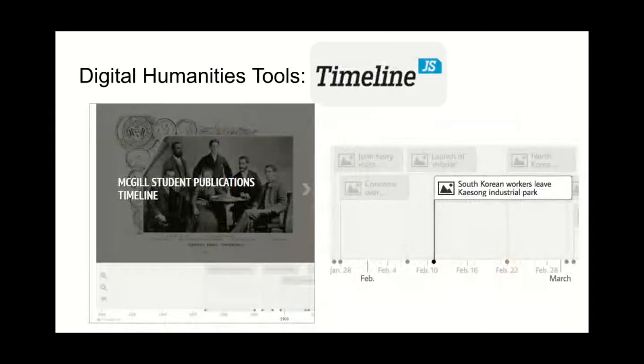Also from Knight Lab is Timeline.js. It's a free tool which allows you to create interactive timelines. This is especially helpful for those who are chronology, so looking at you history folks, where chronology is important. Like StoryMap, Timeline is free, really easy to use, and no coding or heavy tech skills are needed, but again, it has that option for customization.